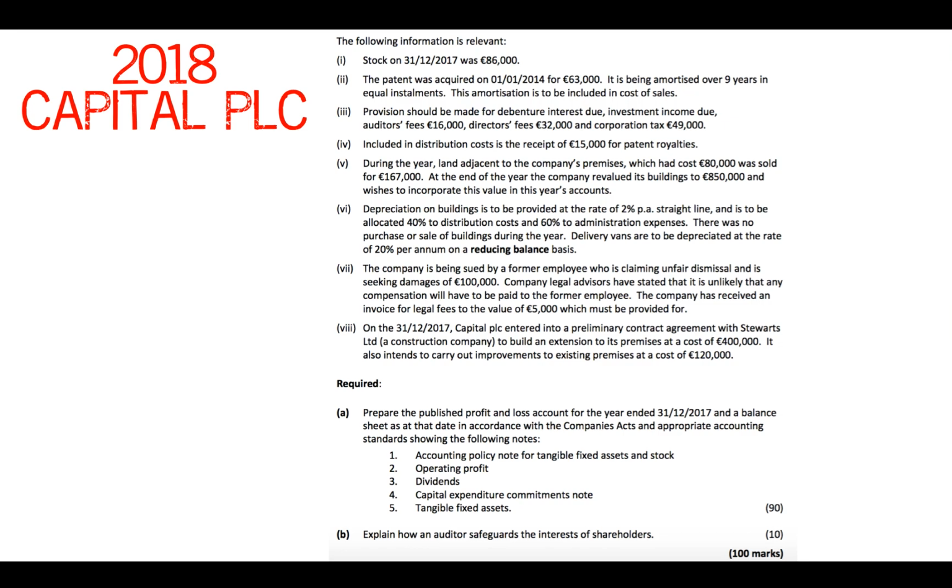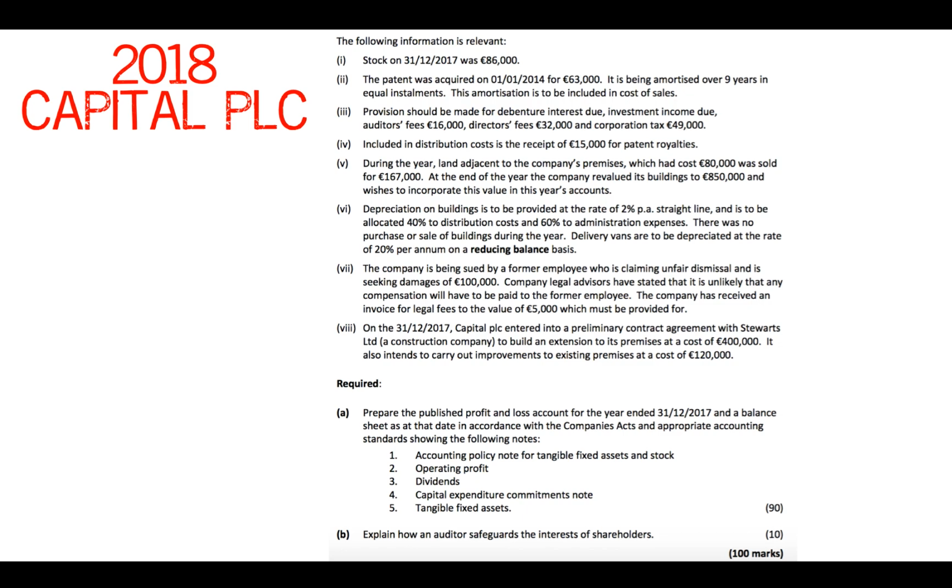So auditor's fees €16,000, director's fees €32,000 and corporation tax €49,000. Number 4, included in distribution costs is the receipt of €15,000 for patent royalties. Number 5, during the year, land adjacent to the company's premises, which had cost €80,000, was sold for €167,000. At the end of the year, the company revalued its buildings to €850,000 and wishes to incorporate this value in